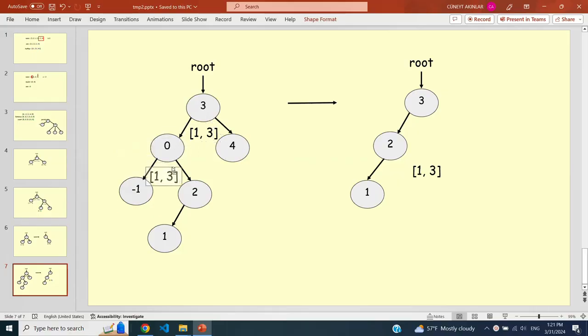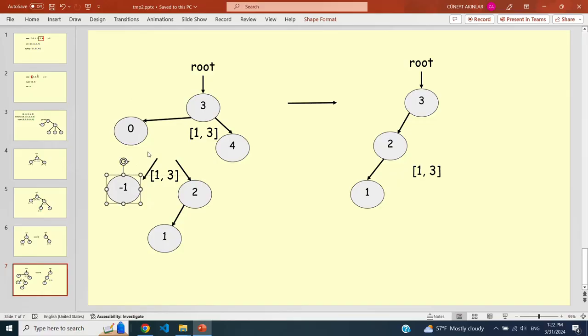So we come here, the left subtree. Now we compare the root to see if it is in the range. No, it's not in the range. 0 is actually smaller than our left bound. If what's stored in the root is smaller than our left bound, not only do we trim off the root, but we also trim everything on the left subtree, because everything on the left subtree is less than what's stored in the root. If root is less than the left bound, then everything stored on the left subtree has to be smaller than the left bound. So not only the root goes, but also everything on the left subtree must be trimmed away.